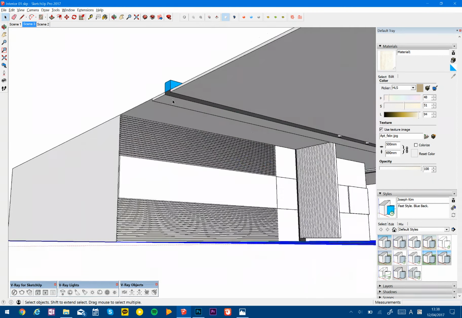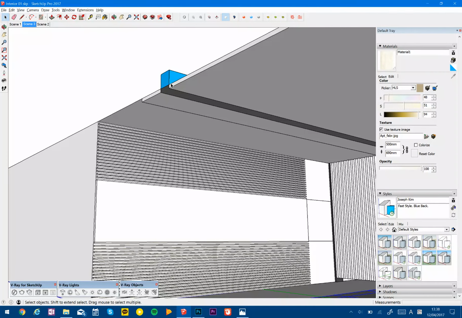And also this one, I didn't apply it to, that's not a component. So there are some cases where you have to do it, or it's more logical. I wouldn't say one is better than the other, but whichever makes more sense to you. But because of these two different choices that you can make in terms of applying materials,